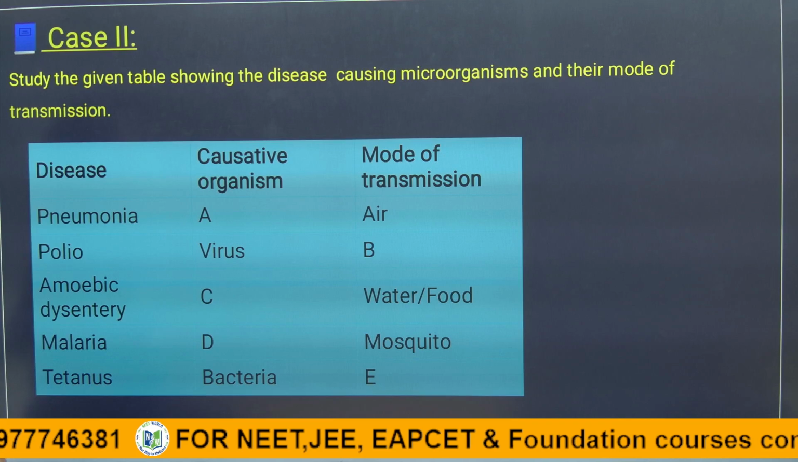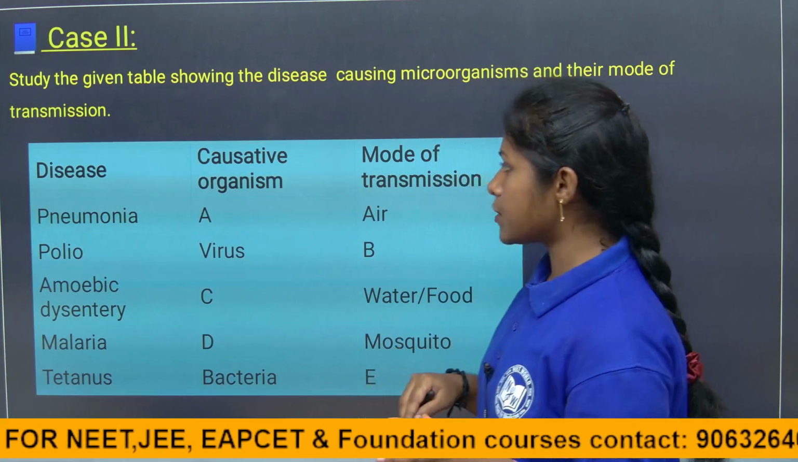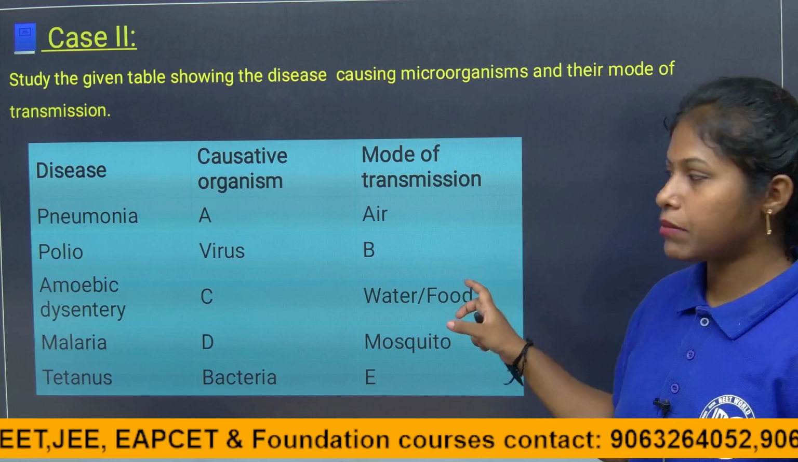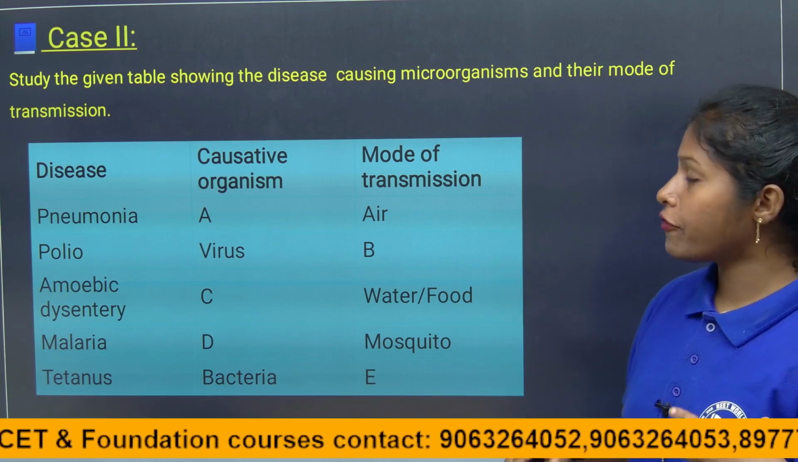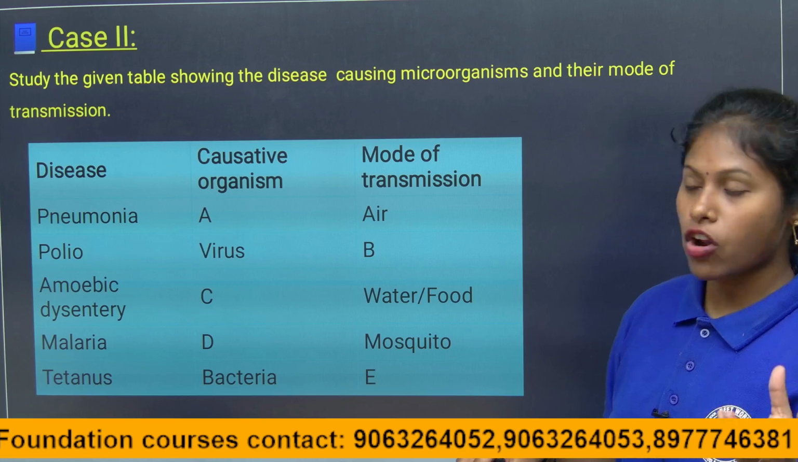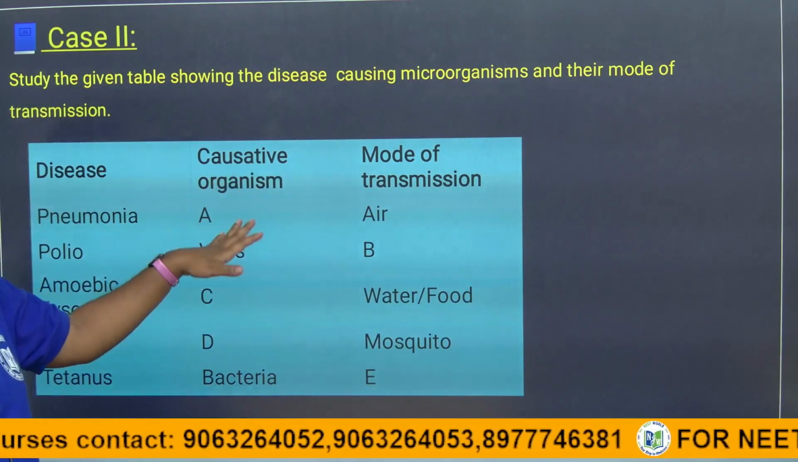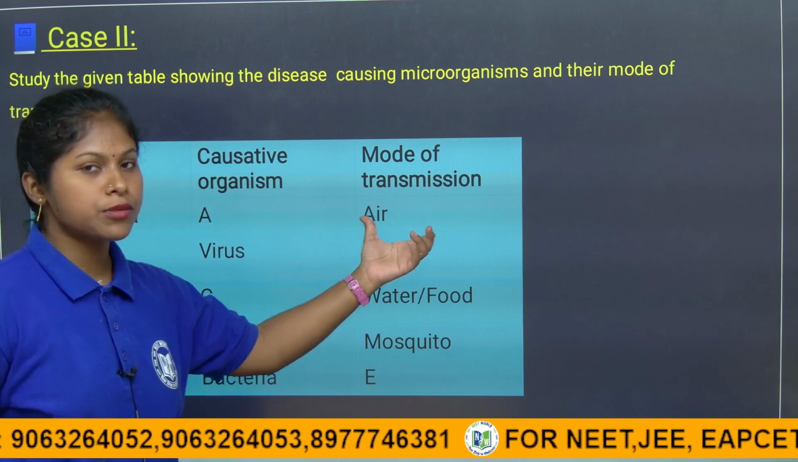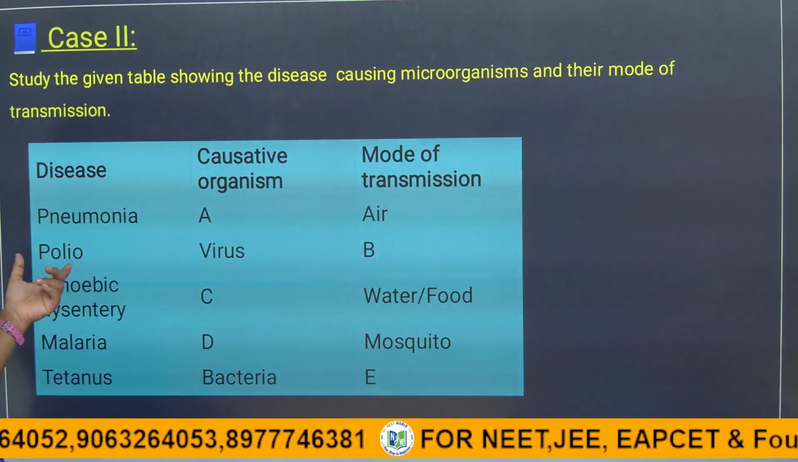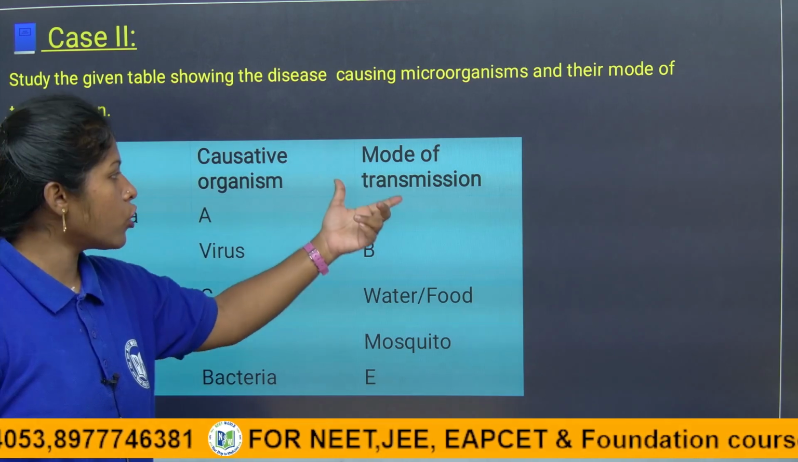Study the given table showing the disease causing microorganisms and their mode of transmission. Here they have given a table, children, and they asked what the mode of transmission is. Some of the answers are not given. See here, for pneumonia, they are asking about the causative organism, given as A, and the mode of transmission is given as air. Coming to polio, the causative organism is virus, and the mode of transmission they are